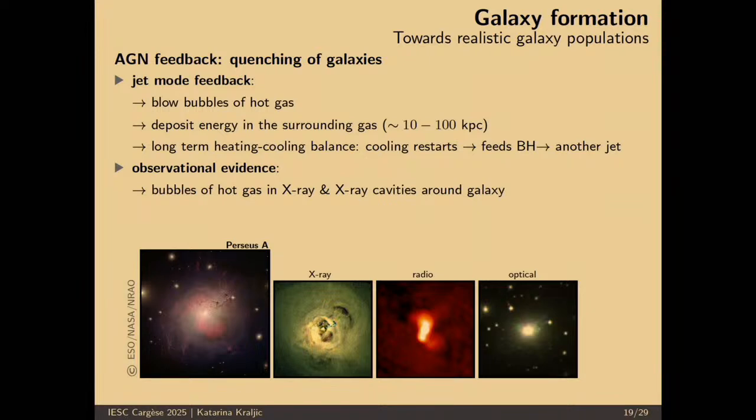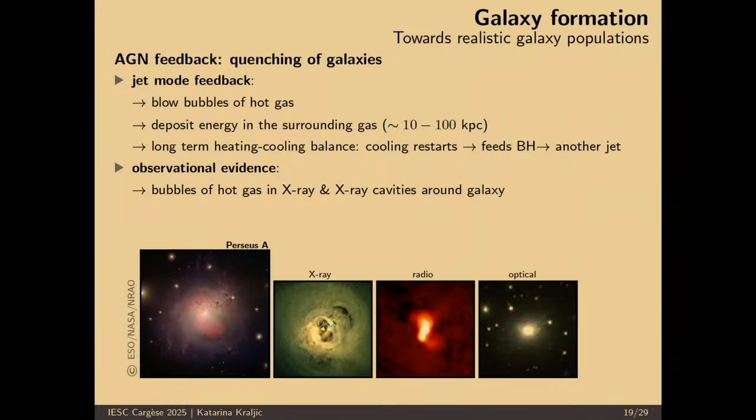We believe that what really quenches the star formation in these galaxies is this jet mode feedback, which in fact blows these bubbles of hot gas that you can see, for example, in these X-rays. We can see also the trace of that: these are the bubbles that are pushed away by these AGN jets with very high velocities, and essentially this will push away this gas, heat this gas,